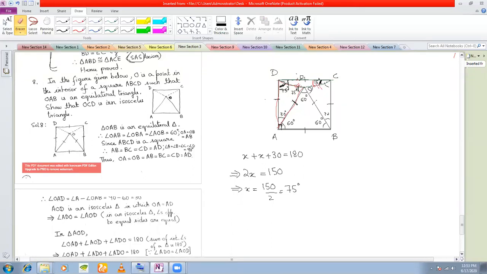You understood till 75 degrees, right? Yes, sir. Now, we have got these two angles as 75 degrees, right? Now this is 90 degrees. If this is 90 degrees and this is 75 degrees, then this must be how much? 15 degrees, 90 minus 75, right or wrong? Yes, sir. We've got this as 15 degrees. So therefore, similarly, this is also 15 degrees.